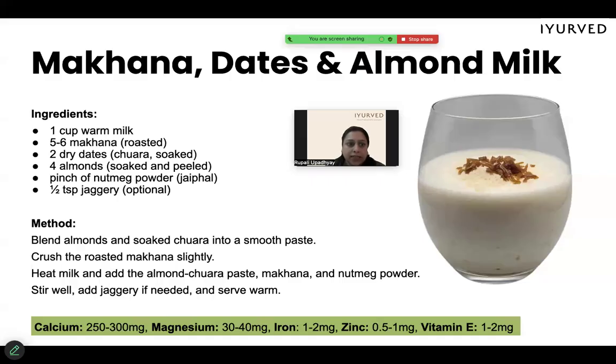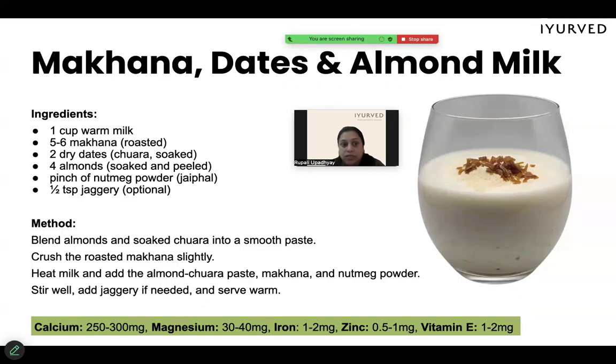आपको 1 कप गर्म दूध लेना है, 5 to 6 मखाना रोस्टेड, 2 ड्राई डेट्स, सूखा हुआ जो छुआरा होता है वो, 4 आलमंड्स सोक्ड एंड पील्ड। उसको सोक एंड पील करना बहुत ज्यादा जरूरी है, क्योंकि उसके कवर में फाइटिक एसिड होता है जो कि न्यूट्रिएंट्स के अब्जॉर्प्शन को रोकता है। ये तो सभी जानते हैं मोस्टली कि भिगो के और छिल के बादाम देते हैं, बट उसके पीछे साइंटिफिक रीजन है। पिंच ऑफ नटमेग पाउडर, जायफल